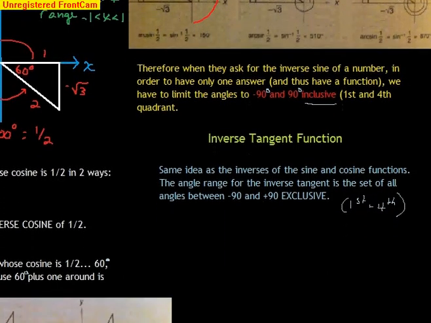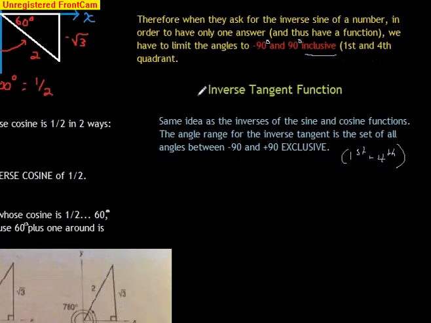Okay, and finally the tangent. It's the same idea as the sine and cosine. You could get the angle in the first 360 degrees, and then you can keep going around and around, getting more angles. The angle range for the inverse tangent is the set of all angles between -90 and